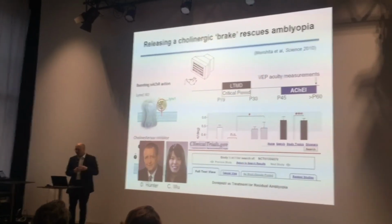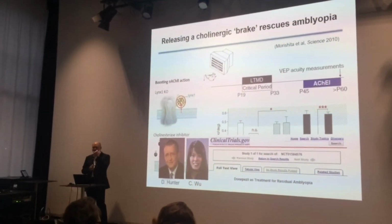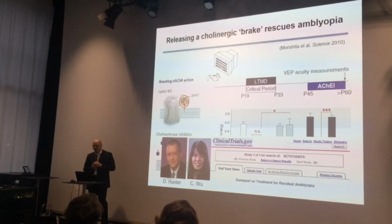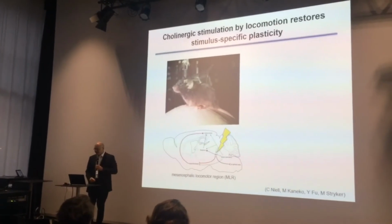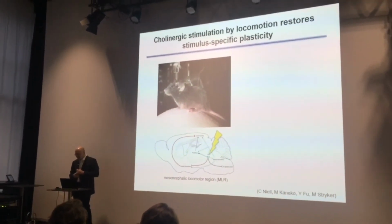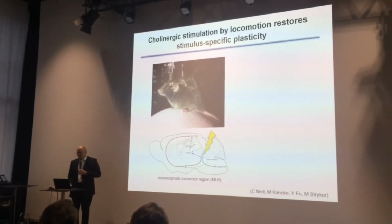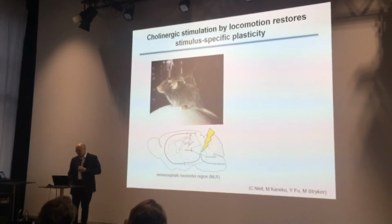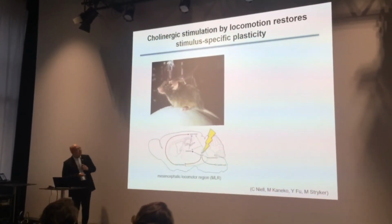Transmitters are secreted at high amounts, and it's paired with the stimulus that trains the eye, which is weak. Another approach, very different, is exercise. So in fact, when mice run, it turns out that they secrete a lot of acetylcholine in their cerebral cortex. In this experiment, this mouse has been engineered to